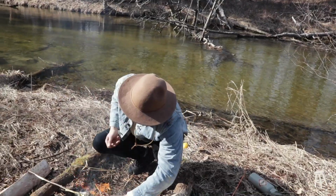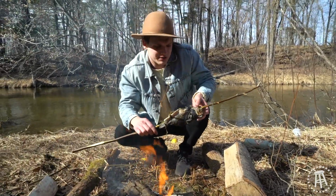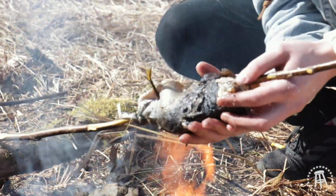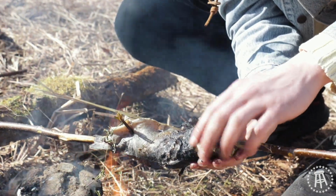Oh, fuck. Fire, fire, fire! Ah, shit! So this is the Cleveland style if you just burn the fuck out of it. But actually, the skin's gonna be nice and crispy. The fish is almost done. My hands are on fire. I'm just gonna hold it up here by hand, and just suffer through it. Look at that, though. That char's